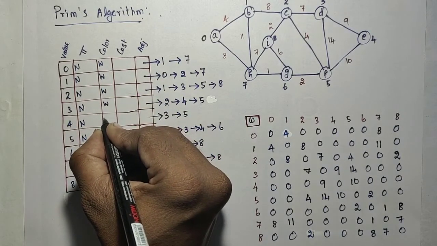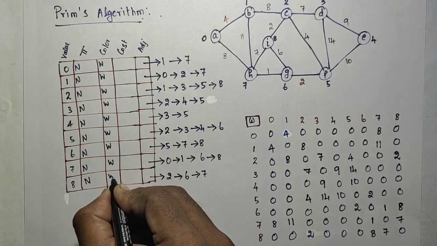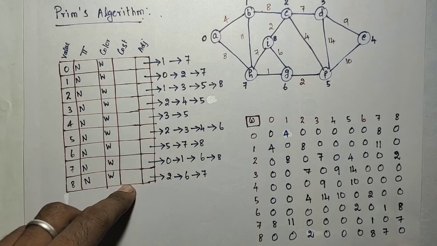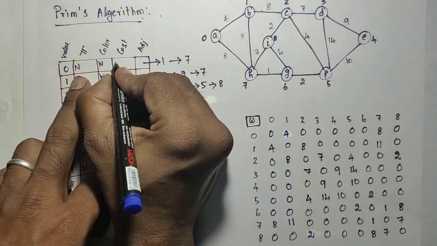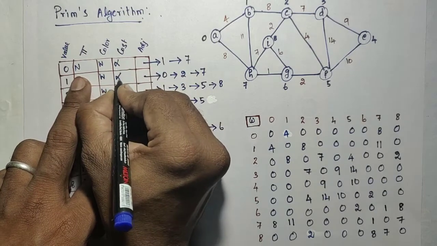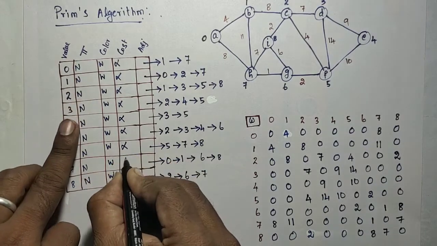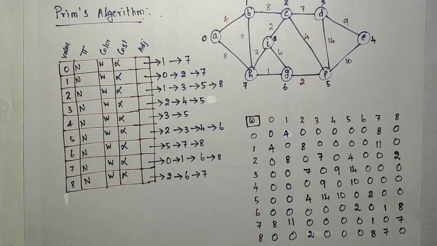Finally, all the colors will be changed to black. And the cost we are going to assume initially, with no parent, is infinity. Infinity means some largest value you have to store. From a programming point of view, that value should be greater than all of these. So just fill all the default values in that adjacency list. So that is the first step.